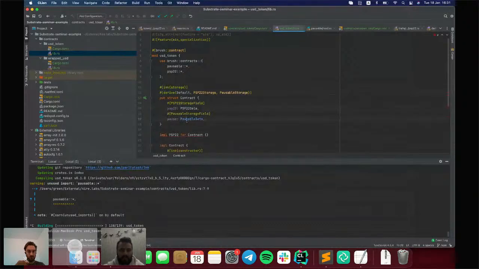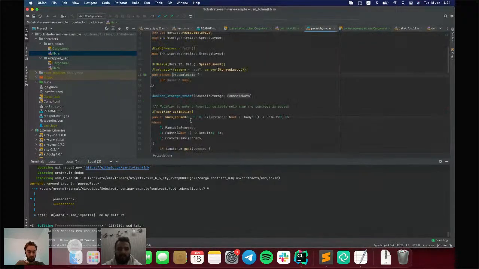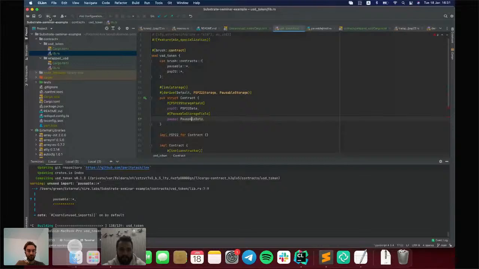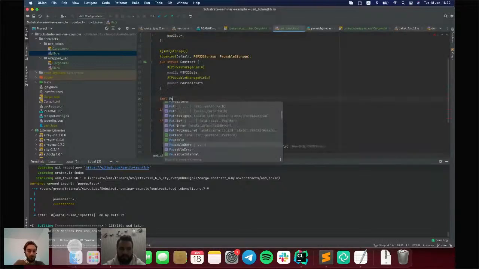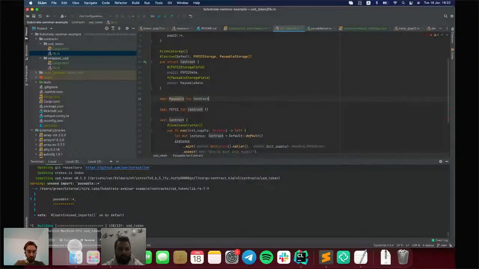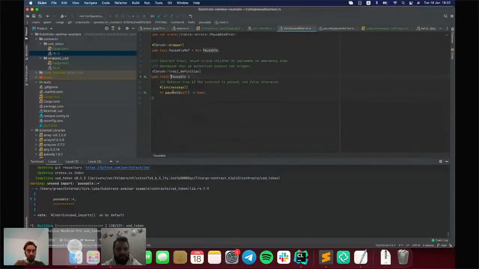So our contract will have a new field, pause, with the Pausable data type, and that structure contains only one boolean, paused, which we will use to identify whether our contract is paused or not. And let's inherit the Pausable trait. It provides one public message.